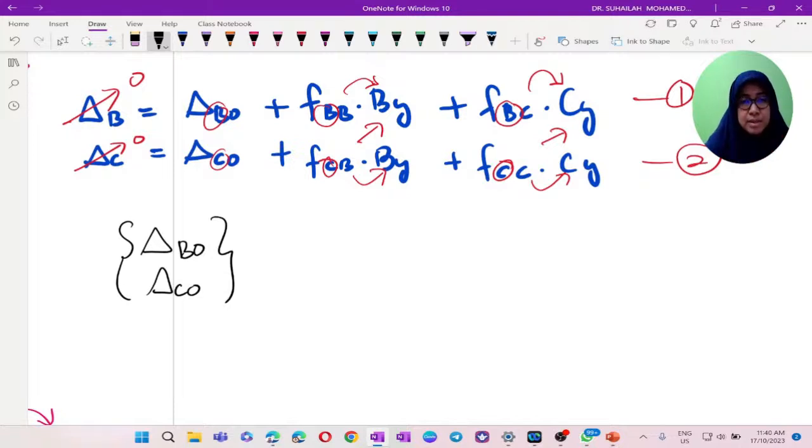Delta B naught, delta C naught. So we group this together. These two are displacement in the primary structure. B naught, B means redundant 1, C means redundant 2. After that, we group the four flexibility